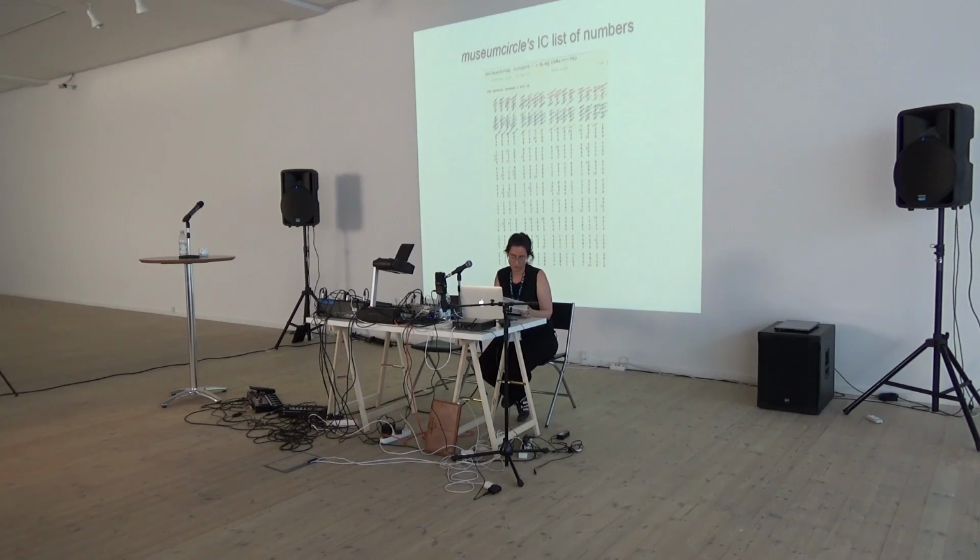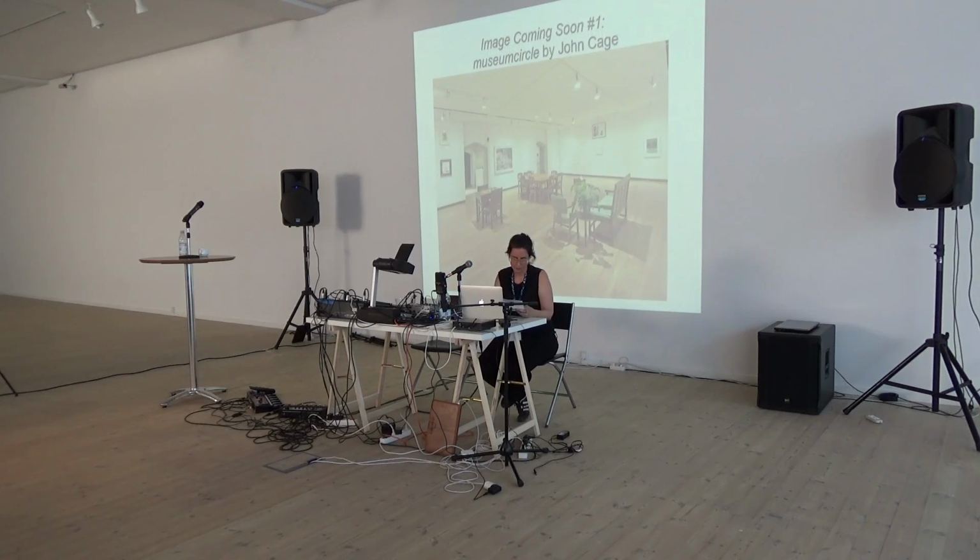For example, if the first item in the IC list is the number 2, then object number 2 is selected from the list of 10 objects that is first to arrive. If the second item in the IC list is the number 5, then object number 5 is selected from the list of objects that arrived second, and so on.